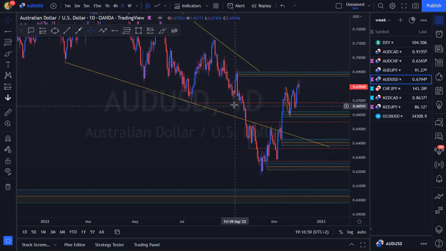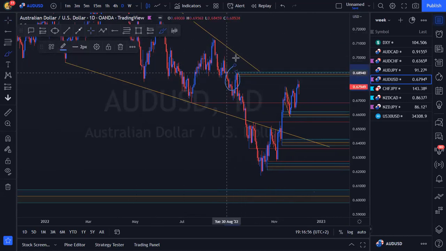But if we look at where we are within the overall structure, you guys can see on a daily, there's a bearish engulfing here on a daily, which obviously means a momentum shift to the downside. Someone decided to aggressively sell from this area. That's where they came into the market. So obviously, the closer we get towards this resistance, the less we're looking to buy. We can't buy at a resistance. At resistance makes more sense for us to be sellers, right? That's kind of why we had a bearish bias last week.